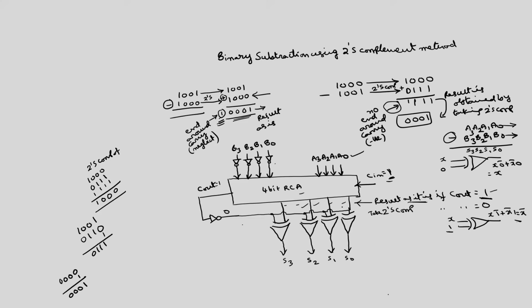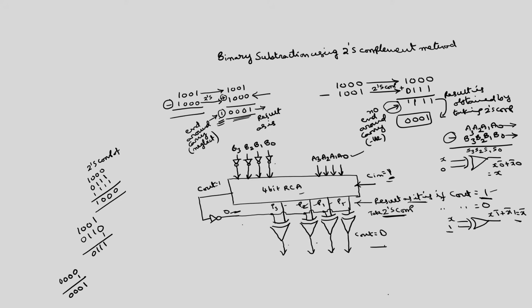This is not yet over. This is actually how to take the 2's complement as is, otherwise you have to take the 2's complement. With this logic you are getting the 1's complement of this. This is not the final result. If C out is equal to 1, then this will be 0, and you will get the values as they are. If C out is 0, you will get the complement of these values. Assume that this is some P3, P2, P1, P0.